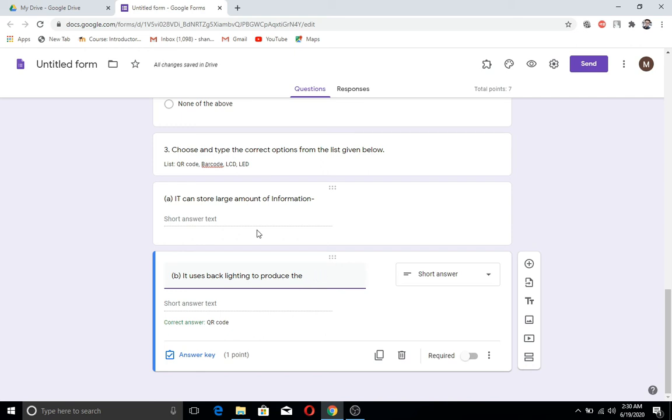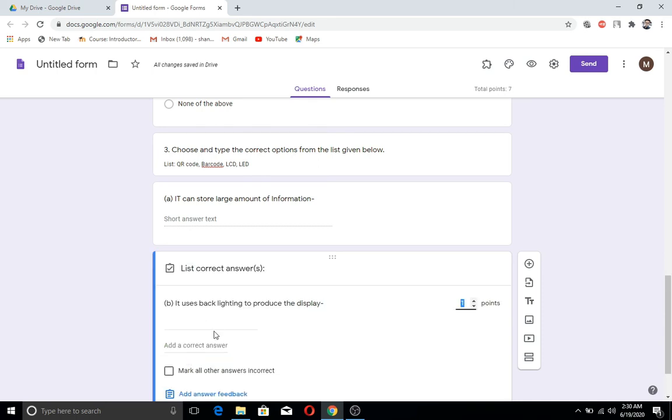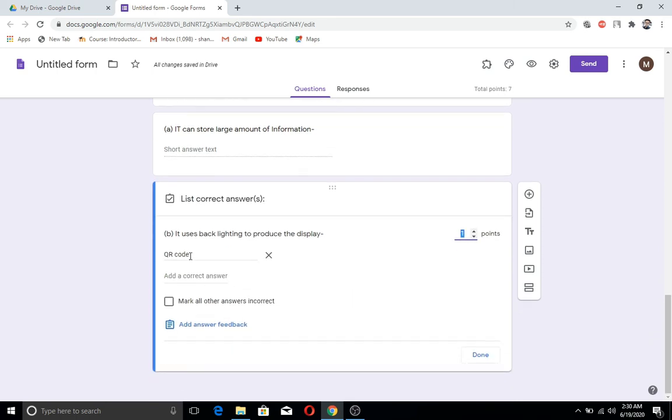Or produce the display. It uses backlighting to produce the display. So I need to set the option, so I'll click on answer key and change it. The right answer will be LCD.